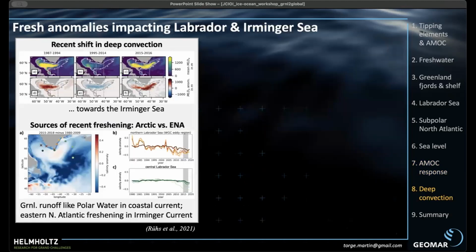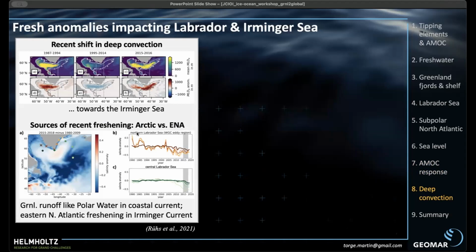And just last slide here, wanted to stress this, what's happening recently in this region. There was a paper showing that the deep convection in the 1990s in the Labrador Sea was very intense, then calmed down basically in the late 90s, and recently picked up again, but in a much more easterly direction. And we were wondering whether this shift has anything to do with more fresh water coming into the northern Labrador Sea here,